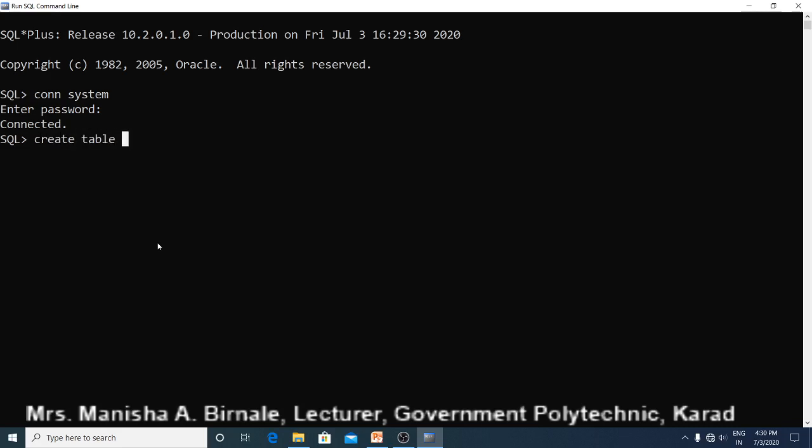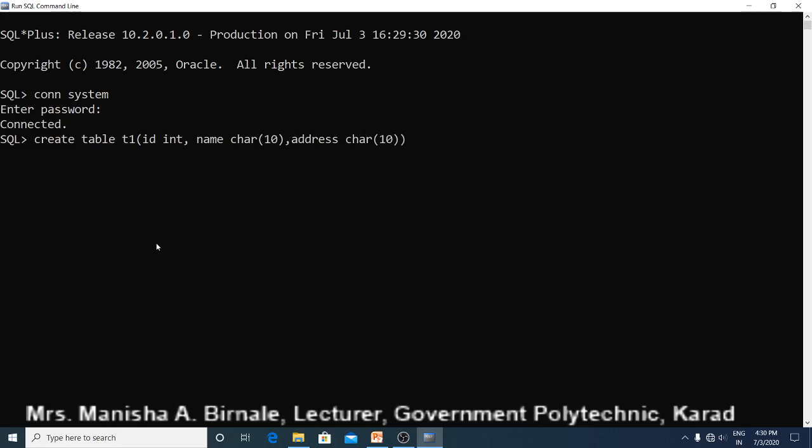Suppose the name of the table is T1 and there are columns like ID, its data type is integer, then name, its data type is suppose char, and address, data type is char.